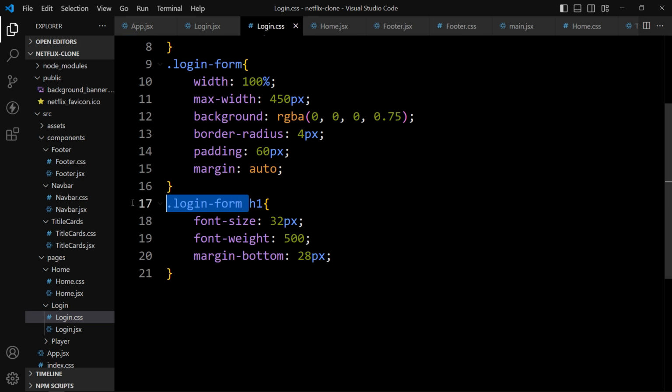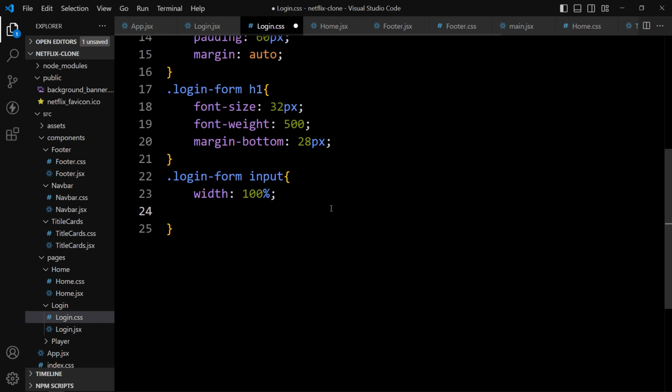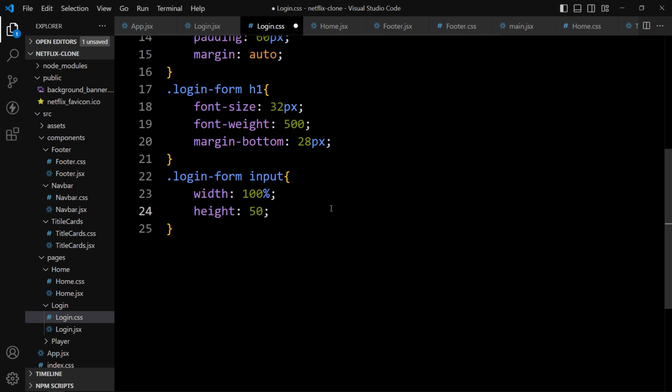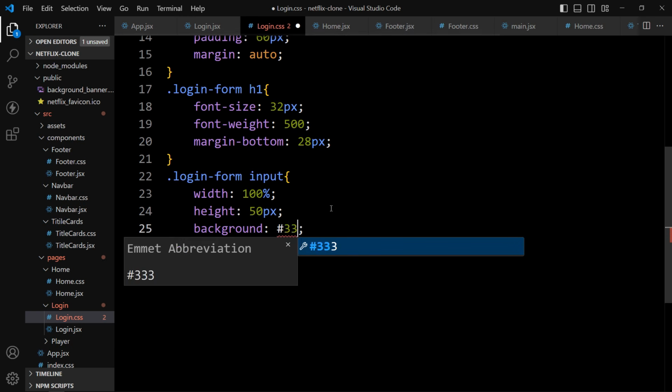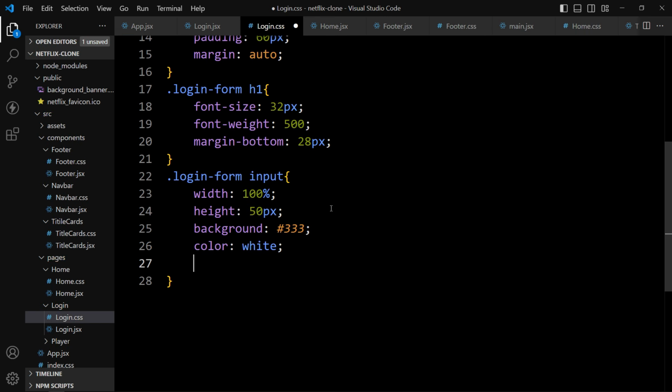After that we will add the CSS properties for the input fields. So just add input tag, width will be 100%. Then we will add the height, it will be 50 pixel. Then background, this color code, and the color will be white.